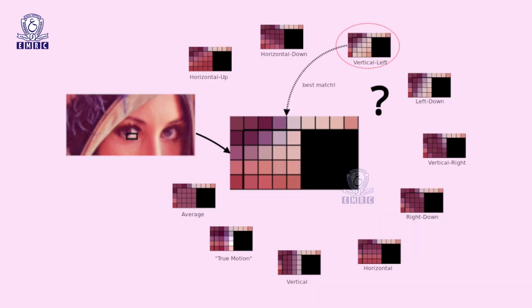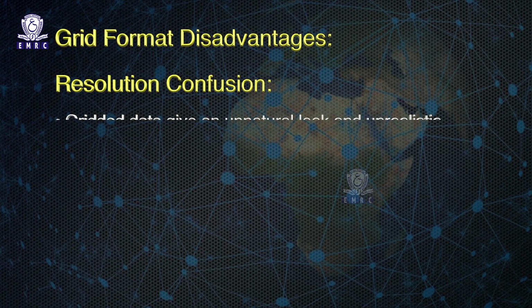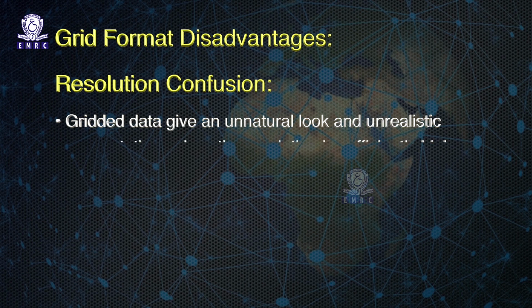For example, you have different techniques for compressing your photographs. Whenever you compress photographs, the pixel value of that cell is decreased. As a result, the clarity of the image is decreased. Instead, the compressed raster data must first be decompressed in order to take advantage of the spatial regularity. Resolution confusion. Gridded data give an unnatural look and